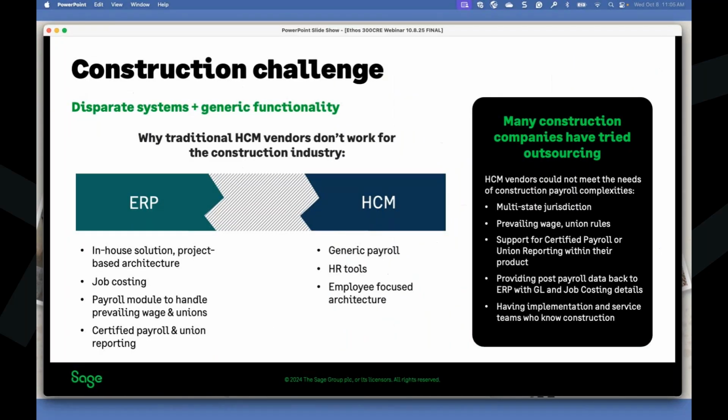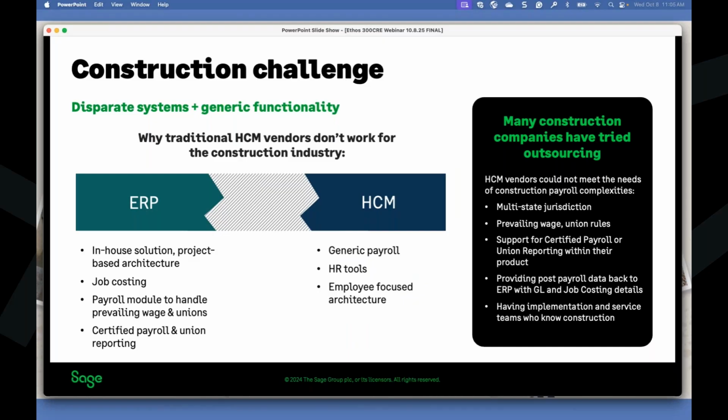And then, why did we even get into this space? It feels like 5 years ago, maybe even 4 years ago, there was really no true solution for payroll complexities within the construction industry. And at its core, here is really the main reason: silos of systems. The ERP wouldn't connect to financial or rather payroll and HR systems.